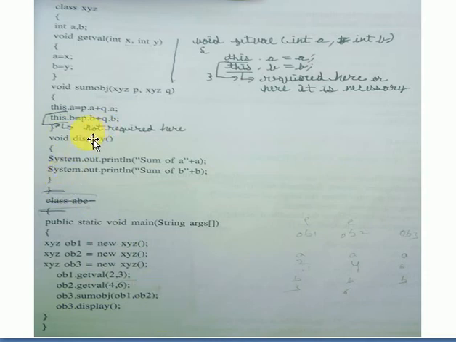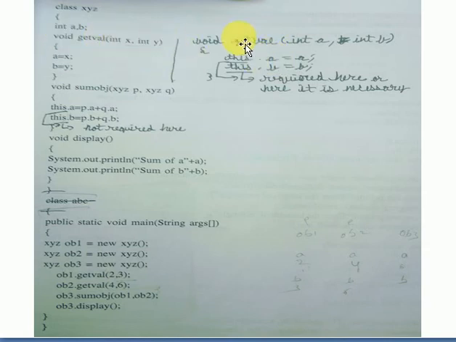Here we have to prefix. But here this is an optional keyword which represents the object which is calling this function. As I said, here it is optional. But when it is actually required, for example, the get value function is there with us. Here he has taken int x comma int y. Instead of taking int x comma int y, if he has taken int a comma int b, meaning instance variables and these formal parameters are the same,